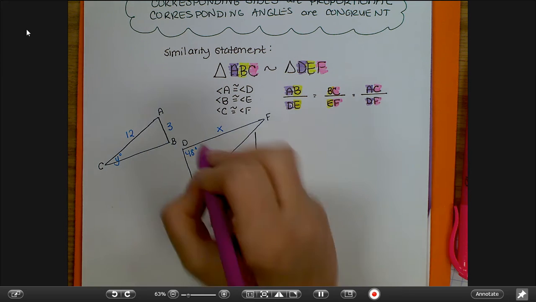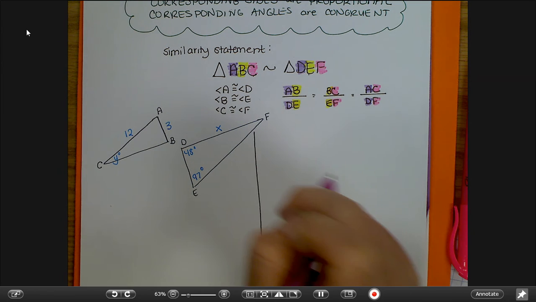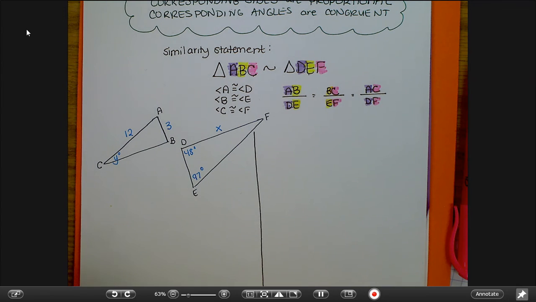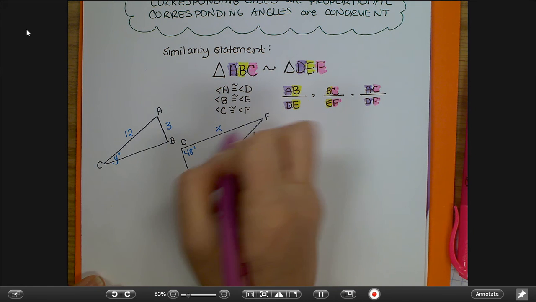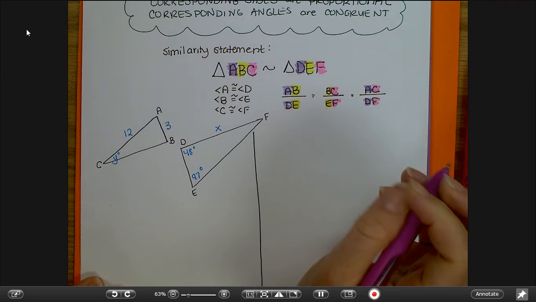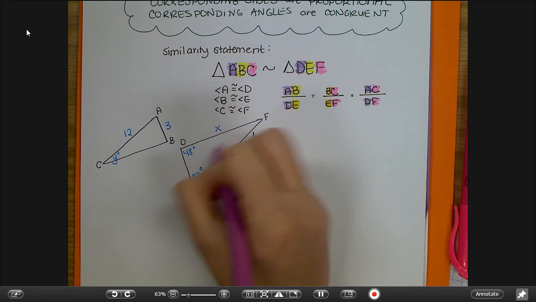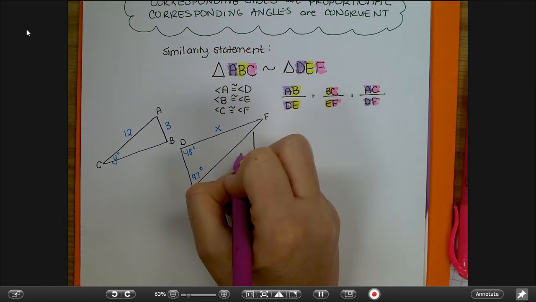But what we do know, and we haven't really discussed this yet, so I'm just kind of mentioning it a few times until you solidify it, is that the angles in a triangle add up to 180 degrees. And so in order to figure out angle F, we need to add up,